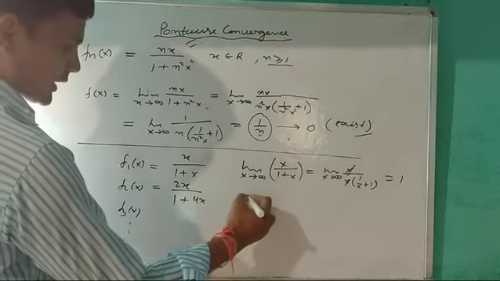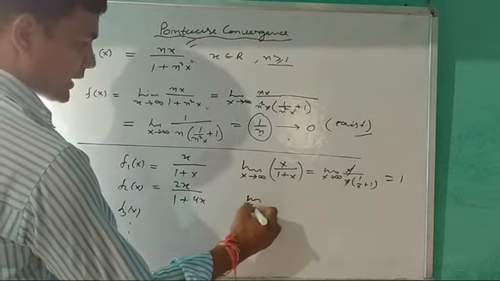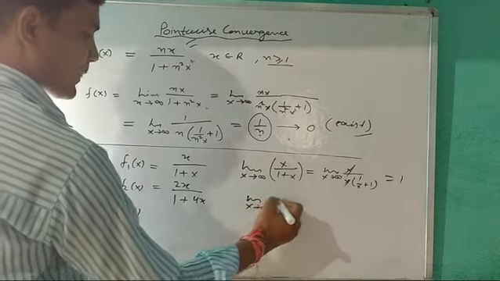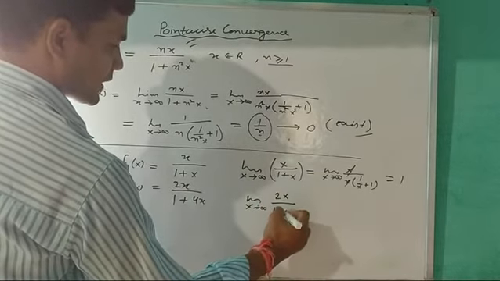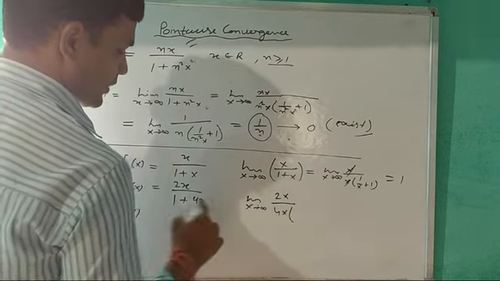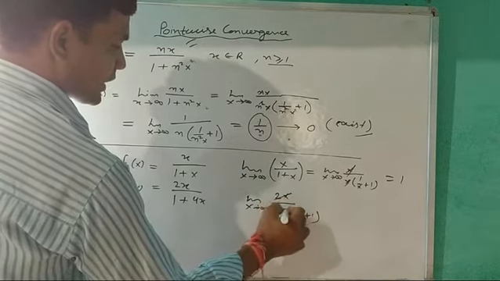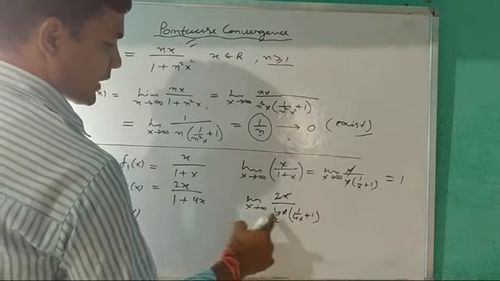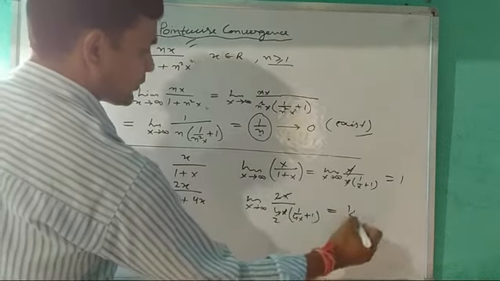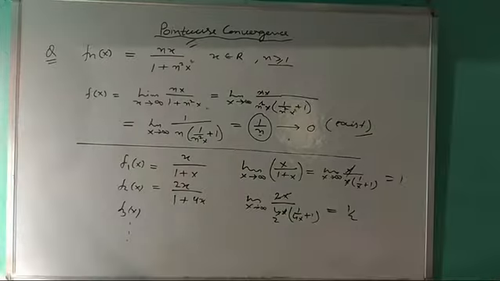Similarly, for the second case, limit x tends to infinity of 2x upon 4x common, 1 upon 4x plus 1. We can cancel out, and this is 1 upon 2. Okay, it means every function